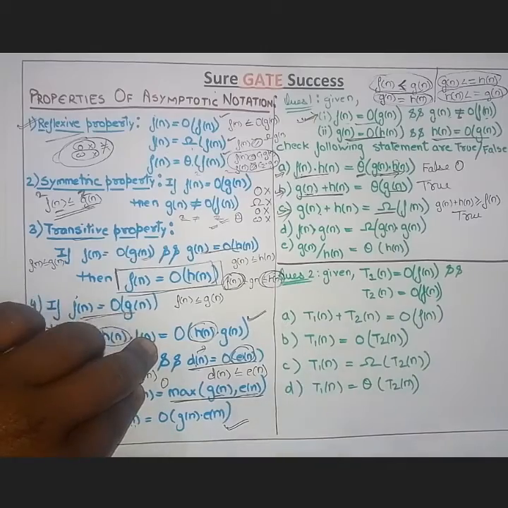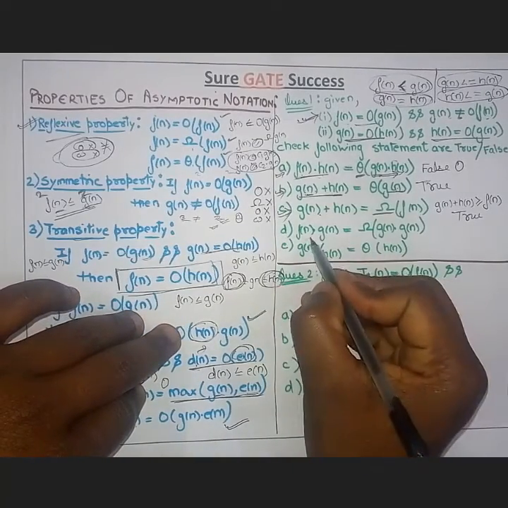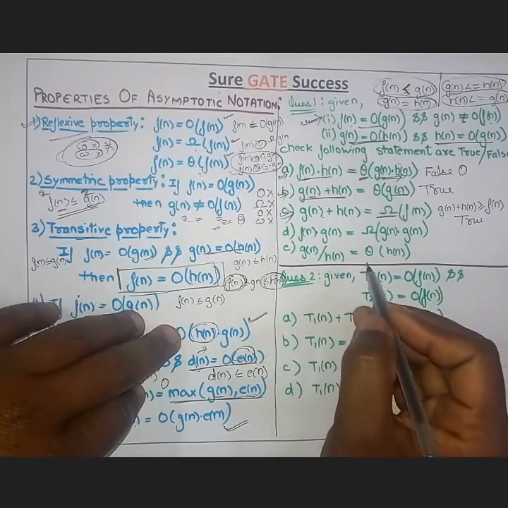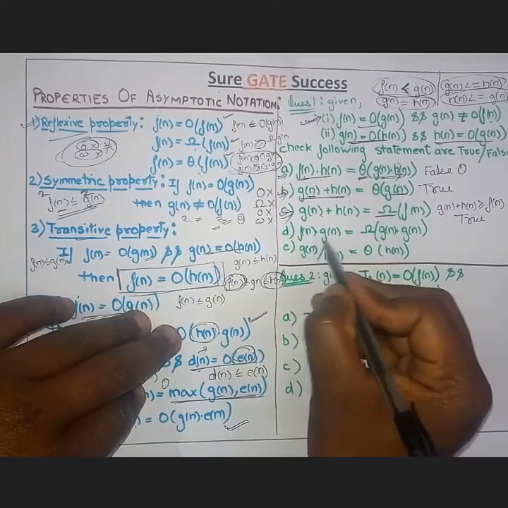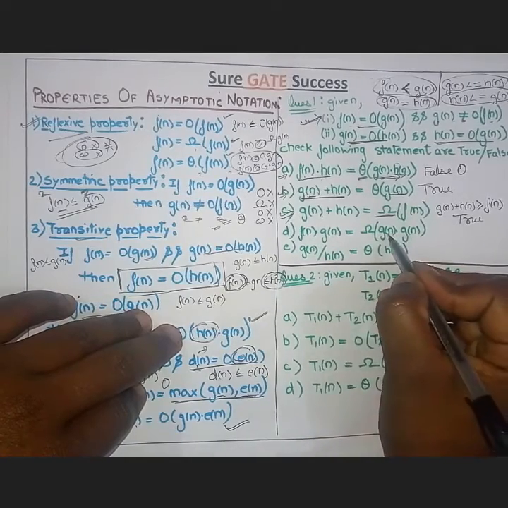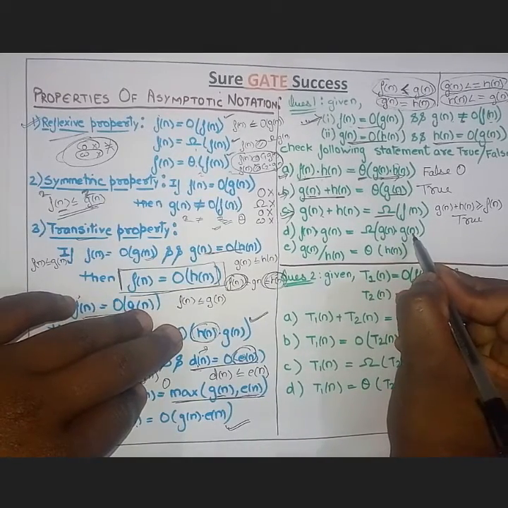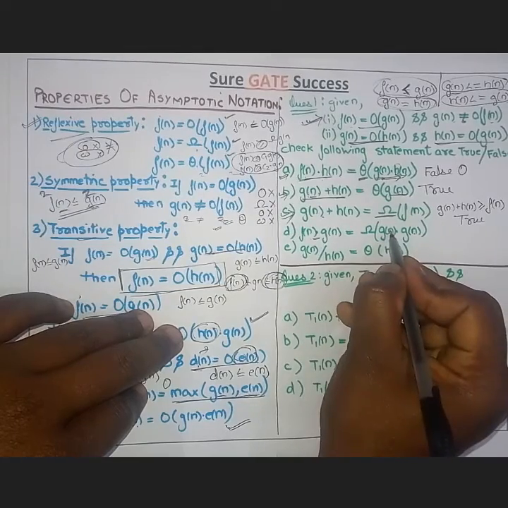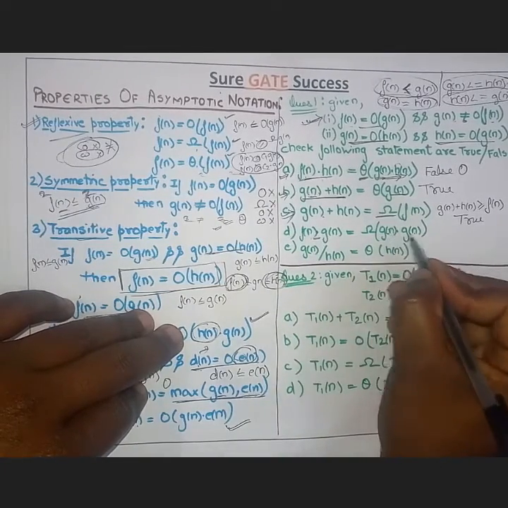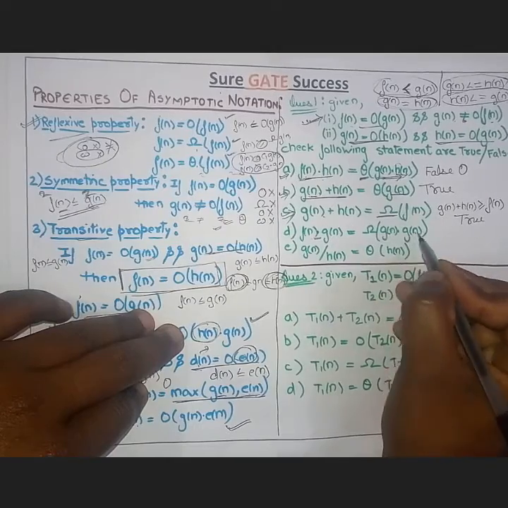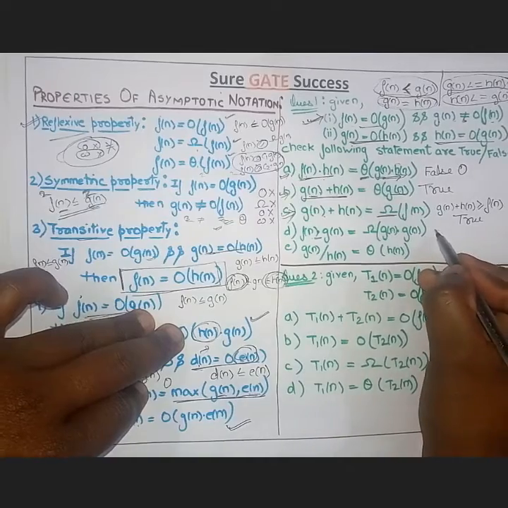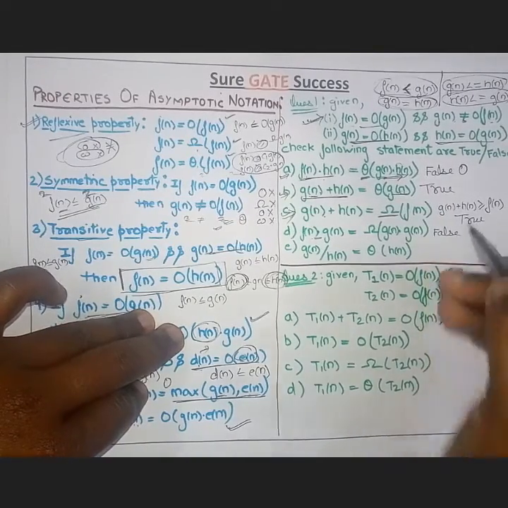So now come to the D. In option D, f(n) is multiplied with g(n). In this case, because we are multiplying with this, what we have here is g(n) times g(n). So this condition would be false, because what it is saying is that this is greater than this, while it is not so, because g(n) times g(n) will always be higher than f(n) times g(n), because g(n) is greater than f(n). So that's why this will be false.